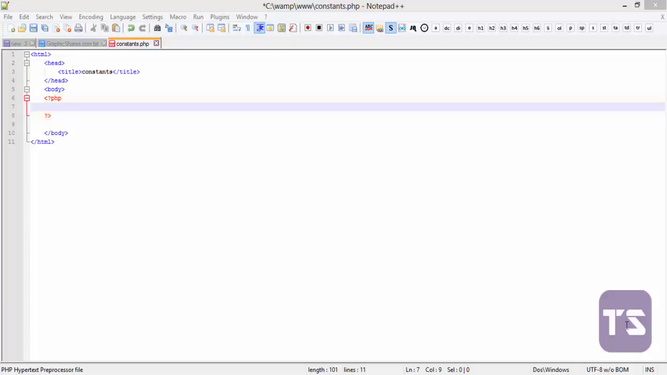So far we've learned many data types, but this time we're going to be talking about constants. Now constants are very similar to variables in the sense that variables vary but a constant remains the same. Okay, and we're going to keep it very short. Now, to assign a constant,